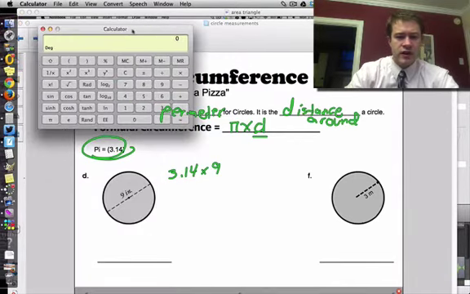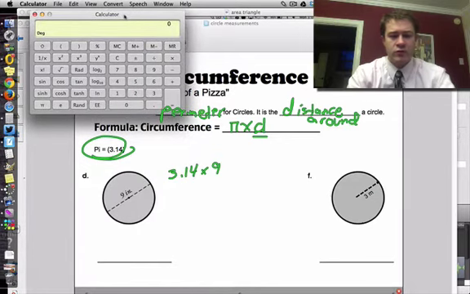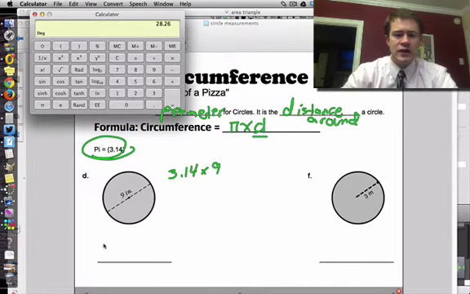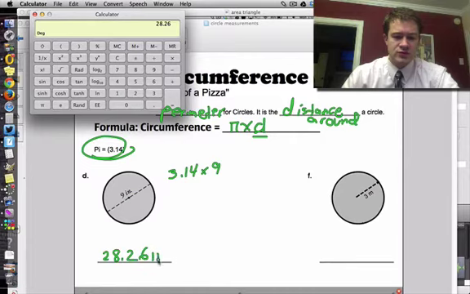So if I were to figure that out right now, it'd be pi, 3.14, times 9, and that's going to give me 28.26. And since our unit for our diameter is inches, it would be 28.26 inches. And so I would like for you to look at part F here as well, where you have